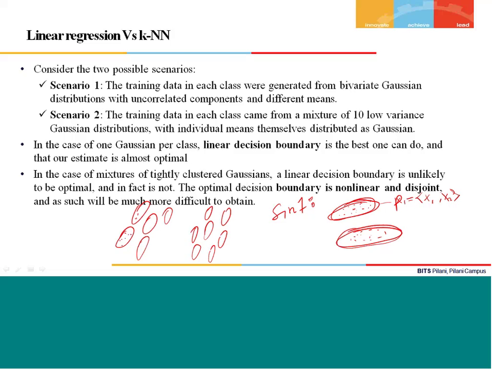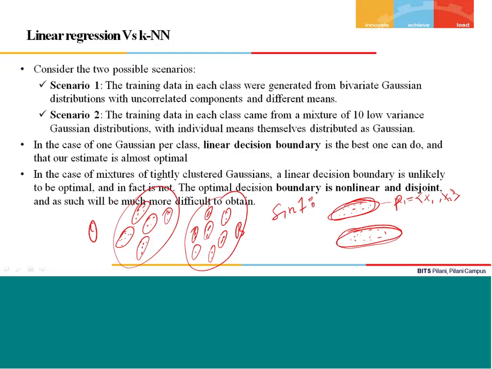Let's say orange, orange, orange, here blue, blue, here blue again. So this is for blue, this is for orange. Here you can say that there are 10 mixture models for blue and 10 for orange, and each mixture model is